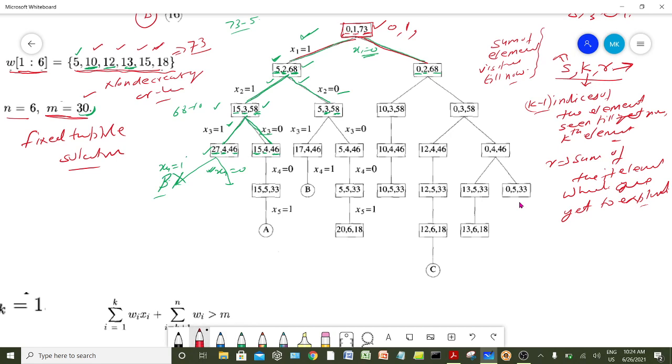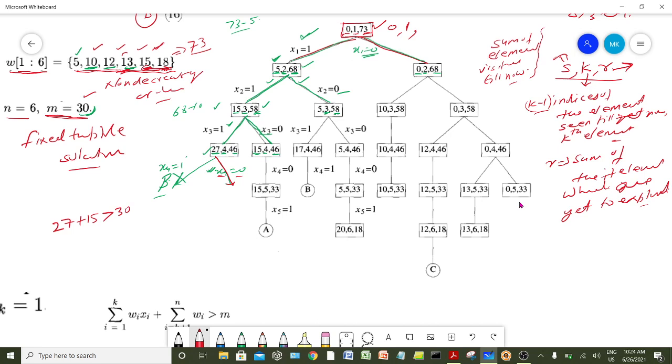Okay, now once again consider its exclusion, which means this branch. Now consider that this x4 was excluded, so 13 was not there. So we have the option later on to have 15 there or 18 there. Fine, 15 or 18. So at least 15 is going to be the next weight in the line. So we need to check whether the current sum, which is equal to 27, plus the immediate next x of k, which is equal to 15, is greater than